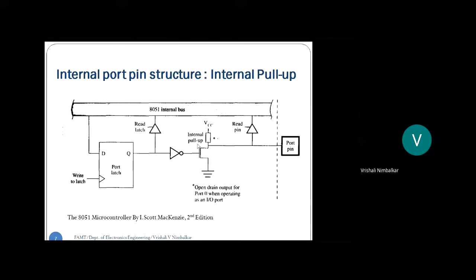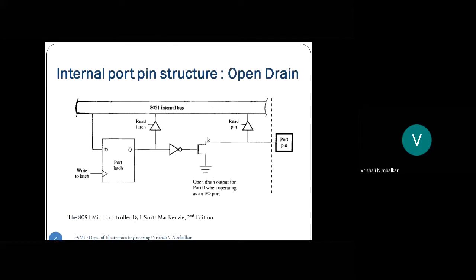So what did we say? Port 1 has an internal pull-up. So that is the structure of port 1. Right? This dashed line, this circuit is inside the microcontroller and port 1 has internal pull-up. Correct? Whereas port 0 is like this. Can you see here? So that is the port pin and that is port 0. See, this is the MOSFET. And above the MOSFET, the circuitry is missing. There is no circuitry here.